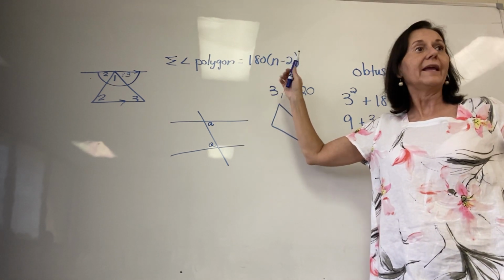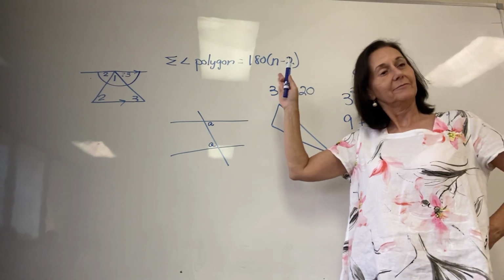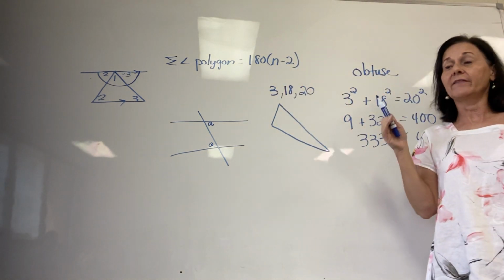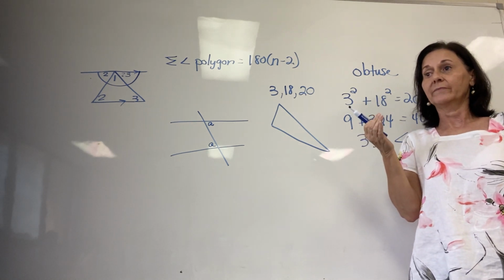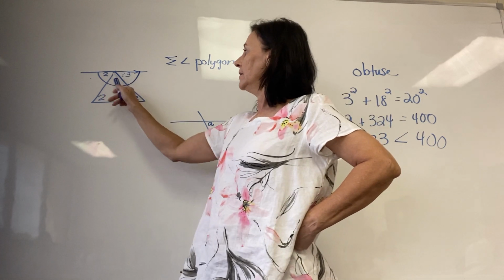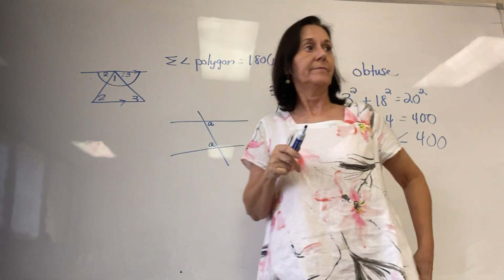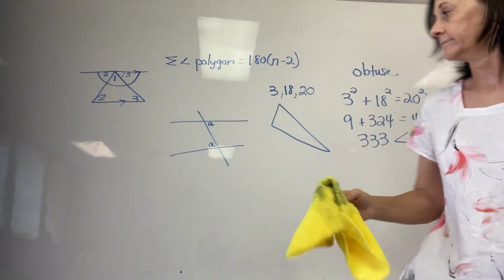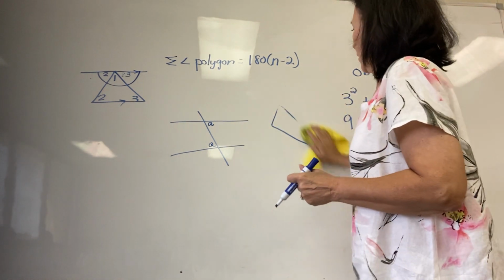So if it's a square, n being the number of sides, I should define what it means. N meaning the number of sides. And in any polygon, the number of sides equals the number of vertices, right? 3 sides in a triangle, 3 vertices, okay? So if I were